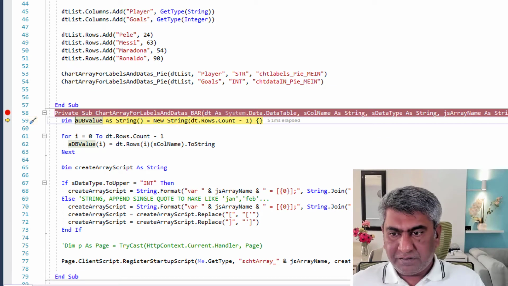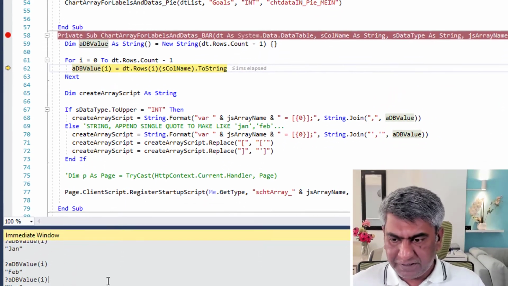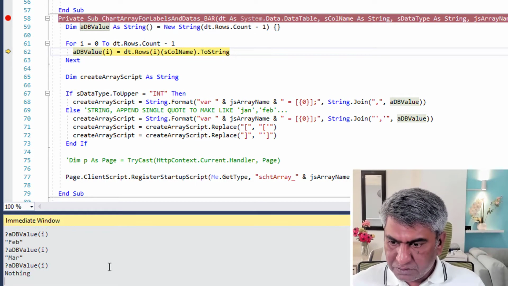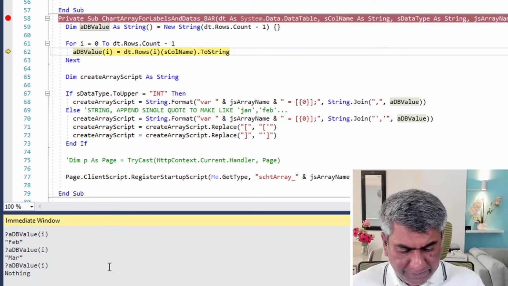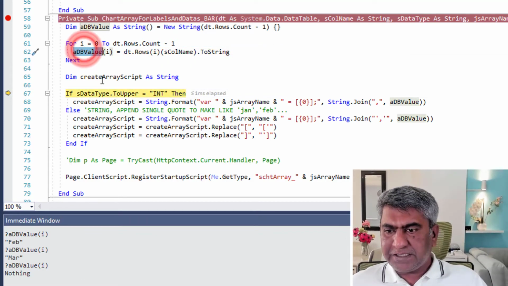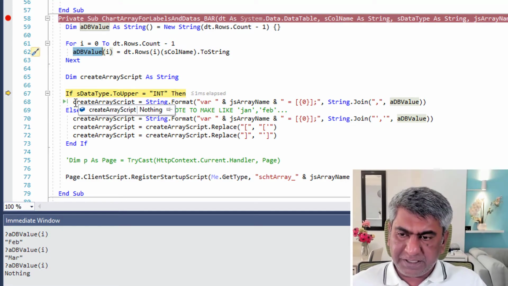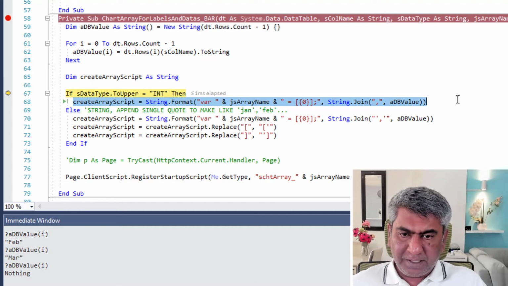Again, we have an ASP.NET array, and let's see at the end what it is filling. I have pressed F10 a lot of times, so I don't know what the value is now. I think it is the end now. Okay. So this array has some values, and we'll use the same concept to convert that into a JavaScript array. We have only one line here, and let's see.